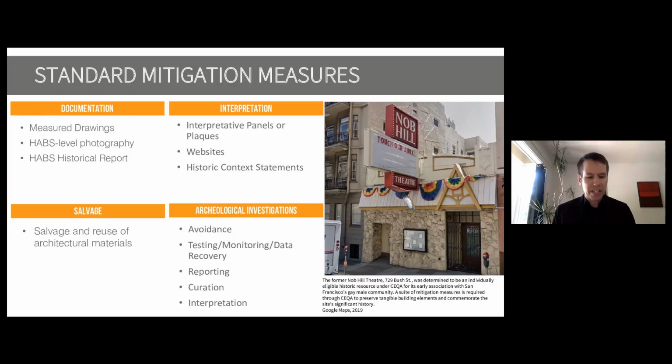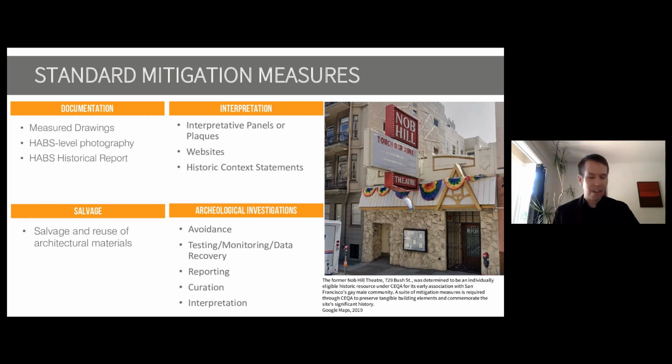In general, there is a standard suite of mitigation measures to reduce cultural resource impacts. If there is going to be an impact on that resource, then through CEQA, we can craft mitigation measures to lessen those impacts. Often when we talk about mitigation measures, we are focusing on lessening impacts to historical resources, ensuring that the mitigation measures are balanced with the impact, determining if there is a nexus between the impact and the required mitigation action, and ensuring that the measure is feasible and that it is fully enforceable.